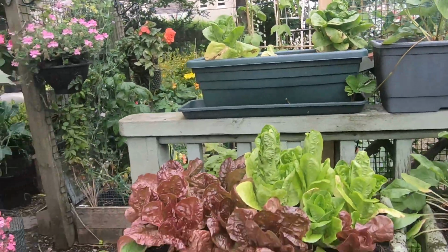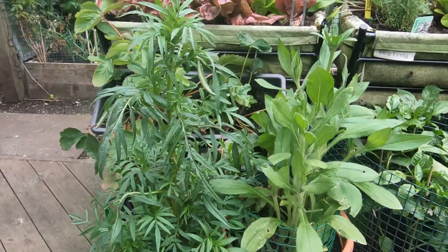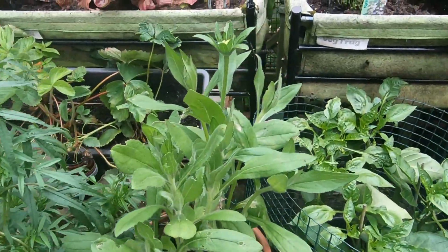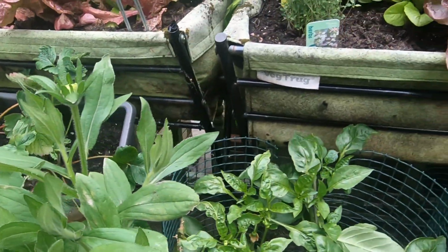And if I just step back in front of these trugs, there's some flowers starting to happen. So we've got some French marigolds, African marigolds here. Rudbeckia, this will be Toto, I believe. Now,